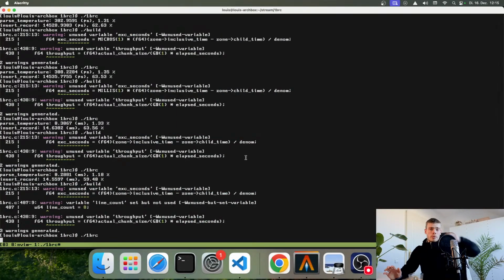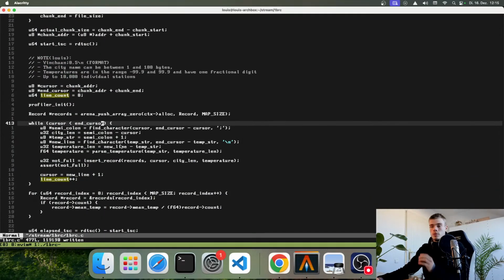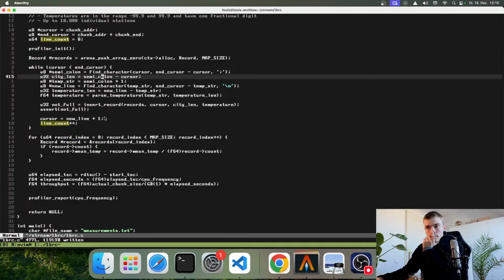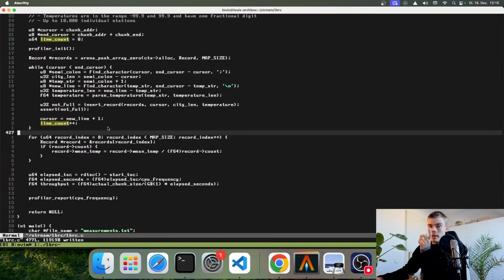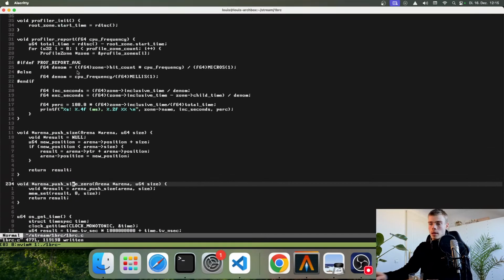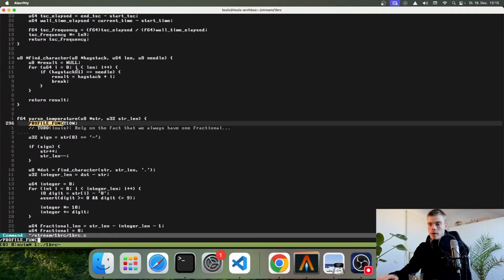So this will be the final run. Do we want to profile something else as well? Maybe. I can also show you something I have borrowed from the raddebugger, which is we have this profile function here,